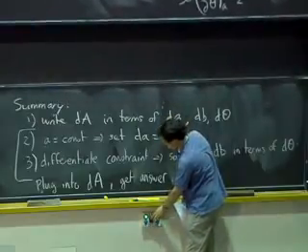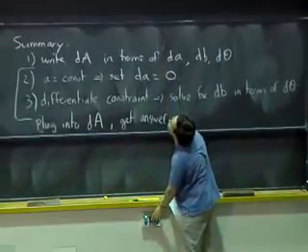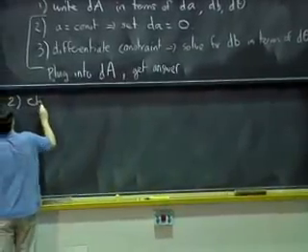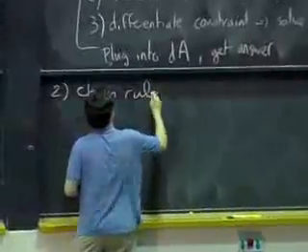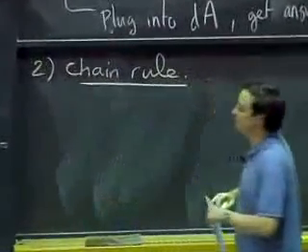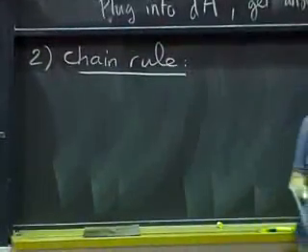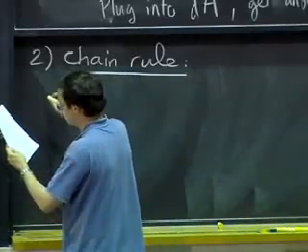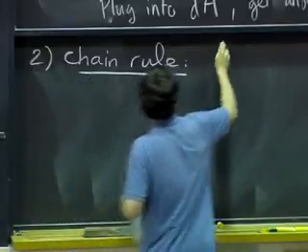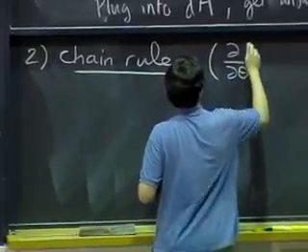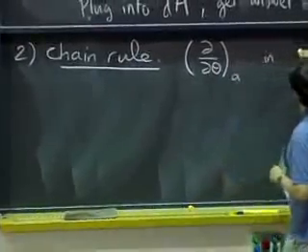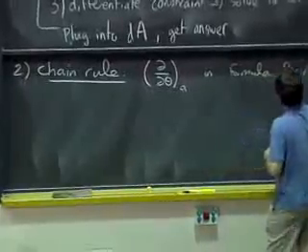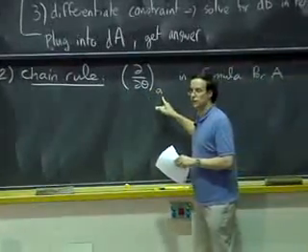Okay. So here's another method to do the same thing differently. It's to use the chain rule. So we can use the chain rule with dependent variables. Okay? So what does the chain rule tell us? The chain rule tells us, so we will want to differentiate the formula for A with respect to theta, holding A constant.